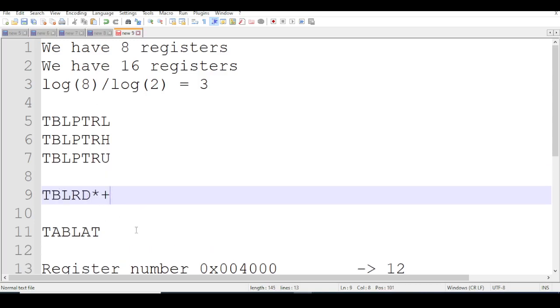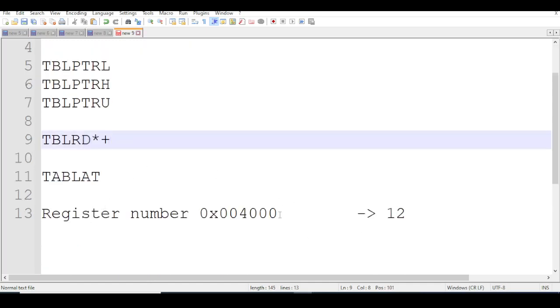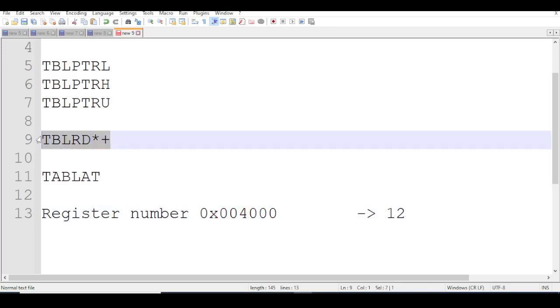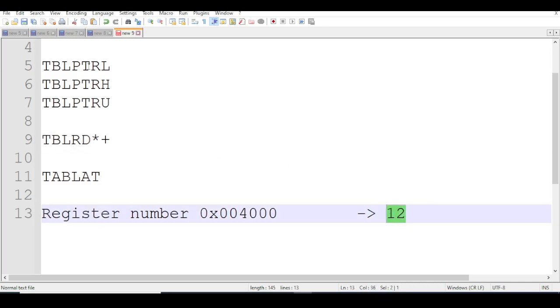This command says table read star plus. What this does is it reads whatever's been pointed to. We've written this value into the table pointer register, and right after we've done that, we execute this command, which is table read. What that does is it sends 12, which is in this memory location in the program memory, to the TABLAT register, the table latch